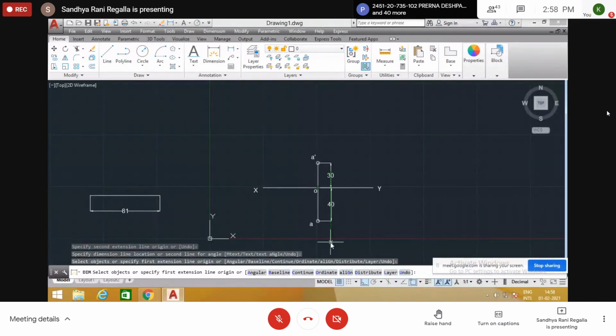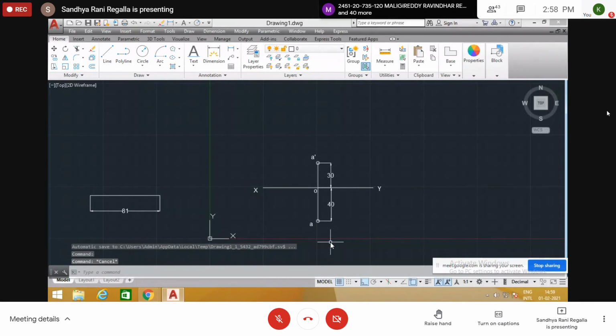And note down one sentence, all of you. Any distances or angles with respect to HP are visible in front view.